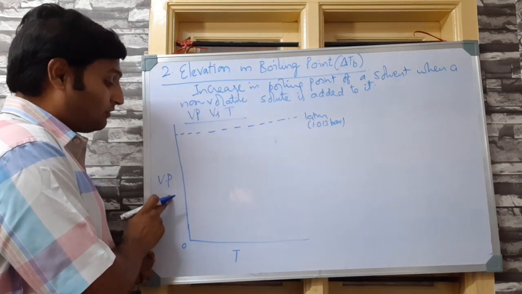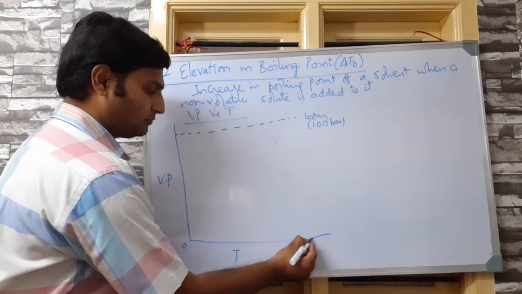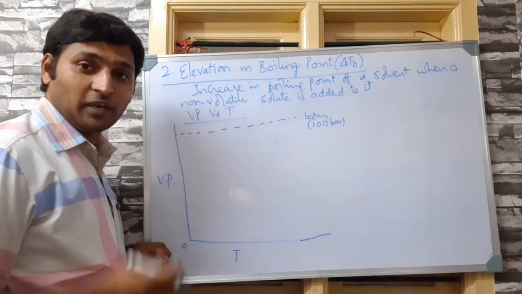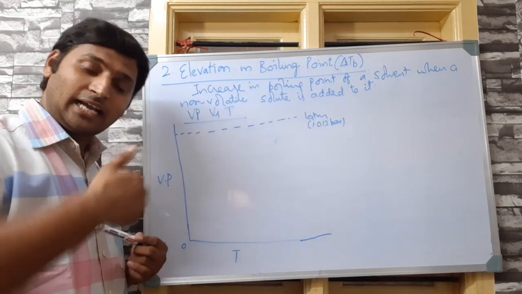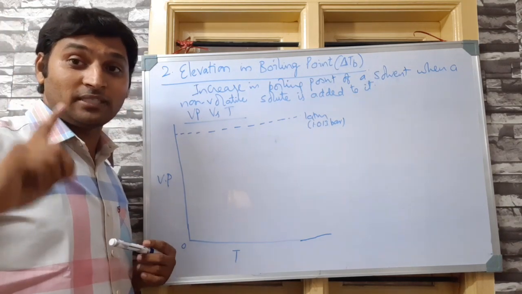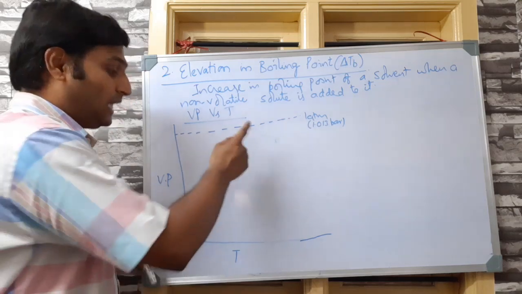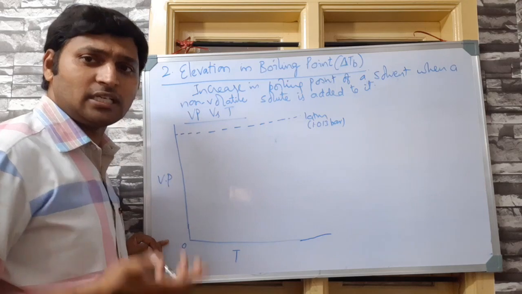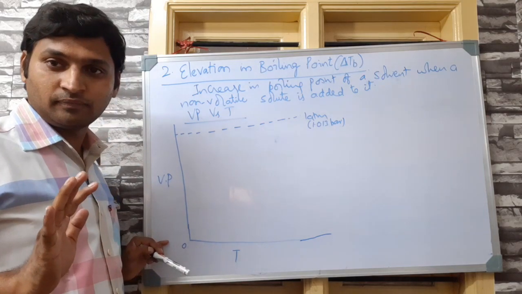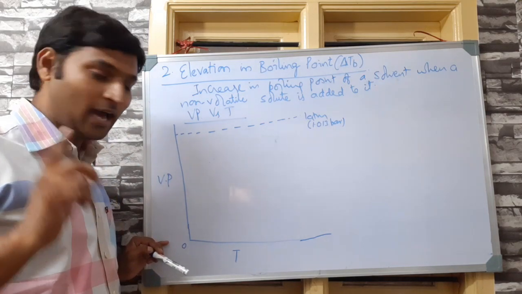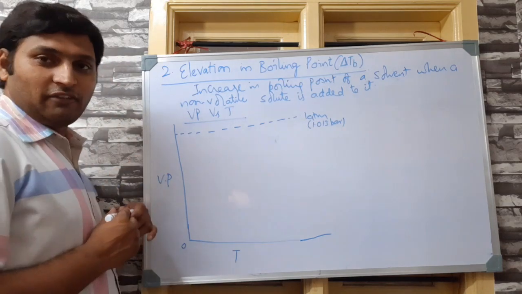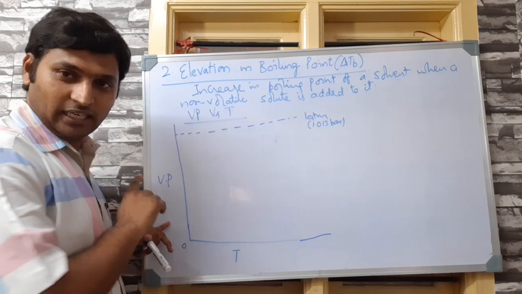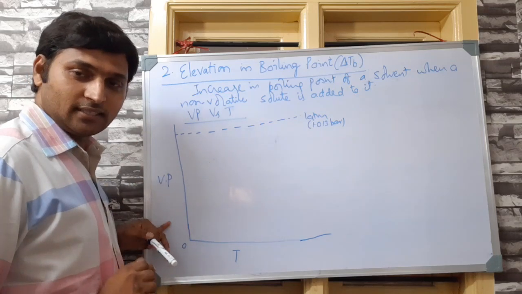Now when the vapor pressure of a liquid at any given temperature reaches atmospheric pressure, what does it mean? It will completely change into vapors. That means the liquid is going to boil. So the temperature at which the vapor pressure of a liquid becomes equal to atmospheric pressure is nothing but the boiling point. Understood? Now, you know very well, with increase in temperature, vapor pressure increases.